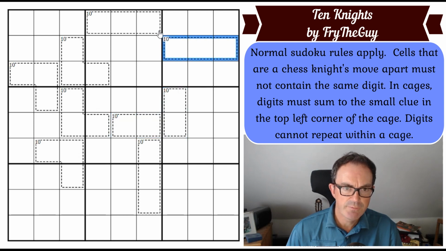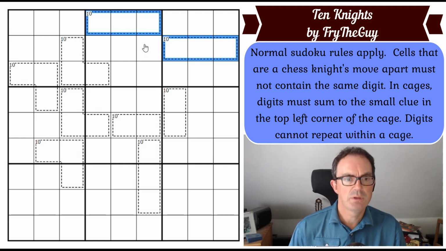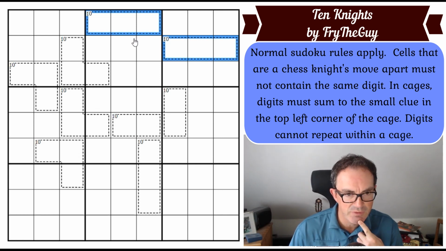But I think there are actually 4 ways of making 10 in 3 cells as well, because we can have 1, 2, 7, 1, 3, 6, 1, 4, 5, and 2, 3, 5. So there are 4 ways of making 10 in 3 cells, and 4 ways of making 10 in 2 cells. This is not getting me very far, is it? Now, I've got the knight's move constraint as well. So presumably what I've got to do firstly is to try to...